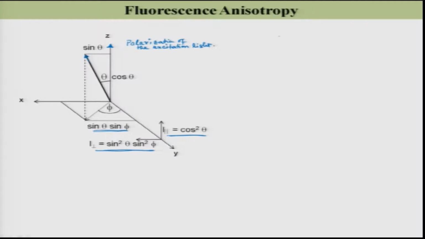So, let me find that out. The sin squared phi average is equal to the integration from 0 to 2 pi of sin squared phi d phi, divided by the integration from 0 to 2 pi of d phi. And I already got this I parallel equal to like this, and I perpendicular is